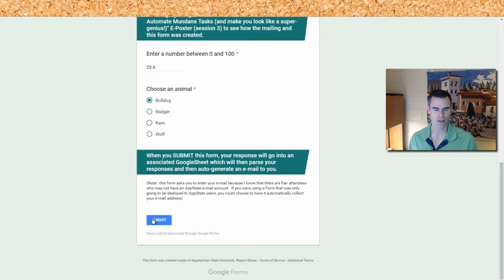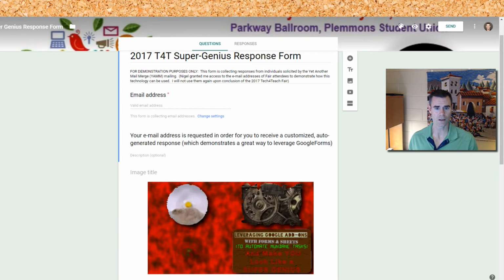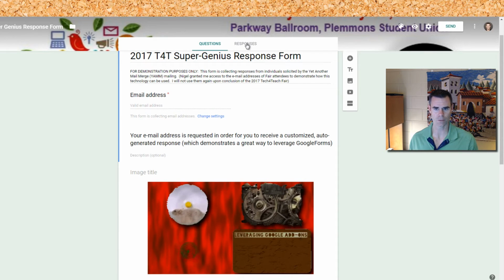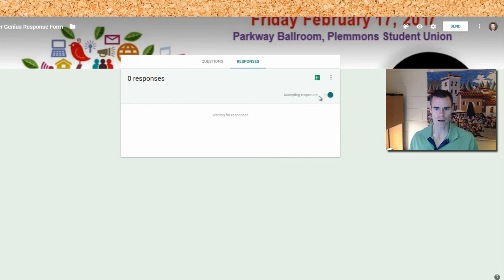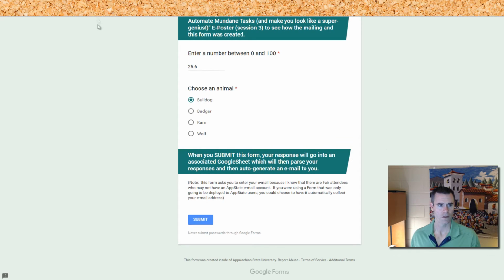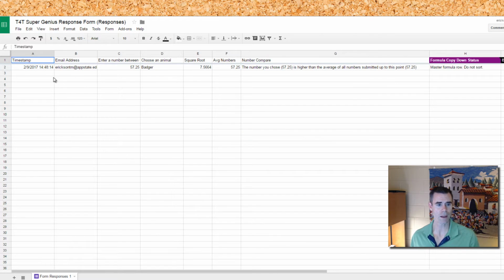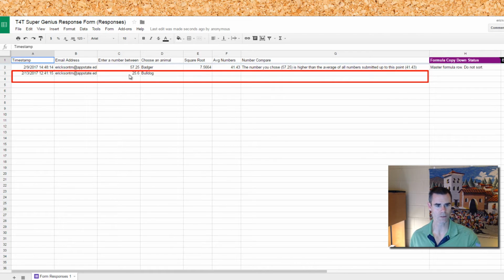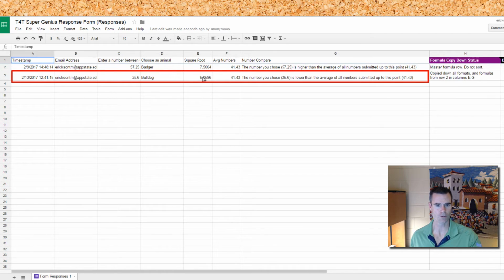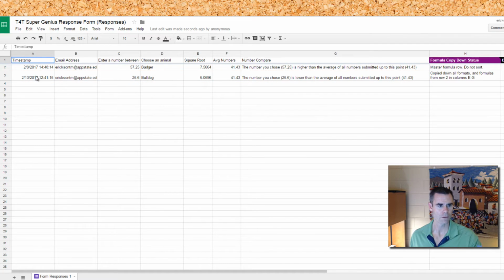When we submit this, it's going to be fed into an associated Google Sheet. And the way you do that is on the responses portion here, obviously we're accepting responses, and this is the linked sheet. Right now I've got it cleared out. We don't have any responses, I cleared out any responses that were in there before. So when we submit this, we are going to see on this page that response come in, and we're going to see a square root calculated, an average generated, and then what we've got over here is these